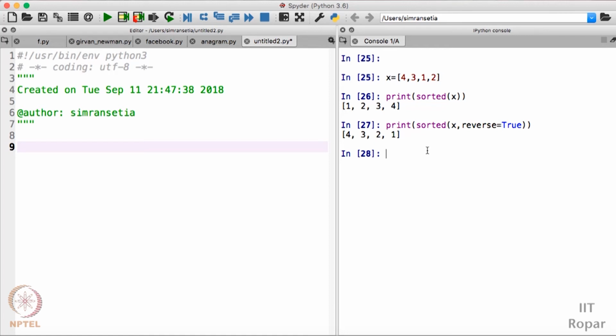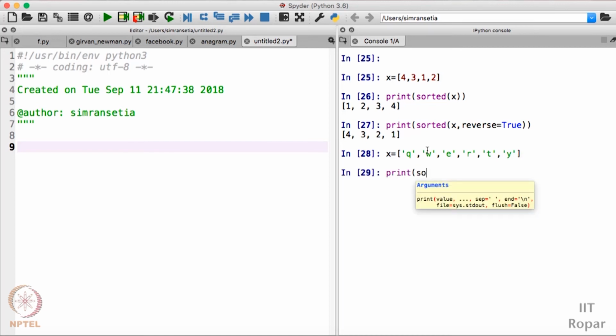You can also use the sorted function on different data types. For example, we can use the sorted function on character values too. For example, I have x as a list of characters: Q, W, E, R, T and Y. Now if I write print sorted of x and press enter, as you see, it has sorted the values in alphabetical order.